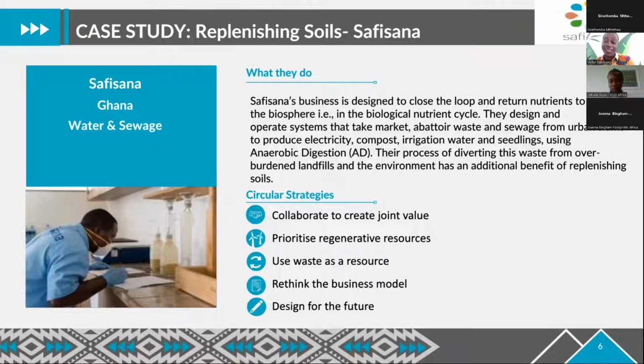And then what I really like about this one is the fact that this is the only one I came across that is able to produce irrigation water, which I know is one of the problems that farmers have. Because of climate change, they are not able to find and have water to water their crops all year round. So this was a very interesting initiative for me. And the compost they produce has the extra benefit of making sure that the soils are always fertile.